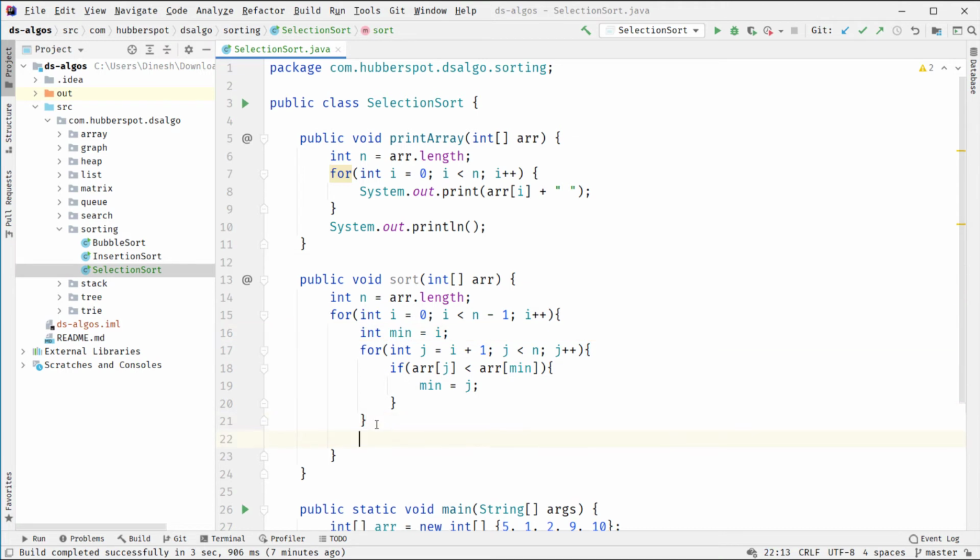So after the for loop, we'll simply swap this minimum value with the leftmost element of the unsorted part, which is being held by the value i, because we already discussed that we divide the array into two parts, the sorted part and the unsorted part, and i will keep track of that boundary. So at the start i will point to 0, which would be the leftmost element of the unsorted part. So we'll simply swap this minimum value with the value stored at the ith index, and we'll use a temporary variable.